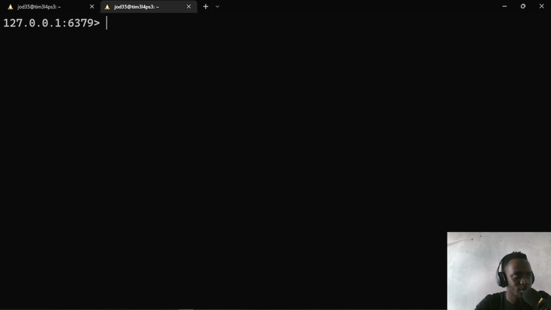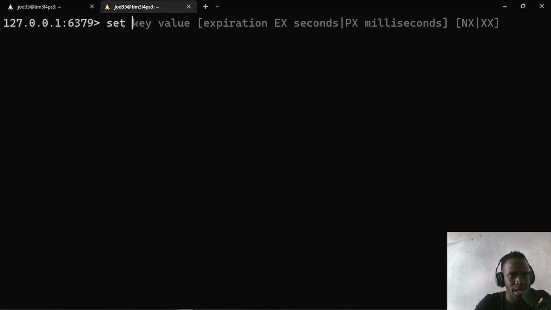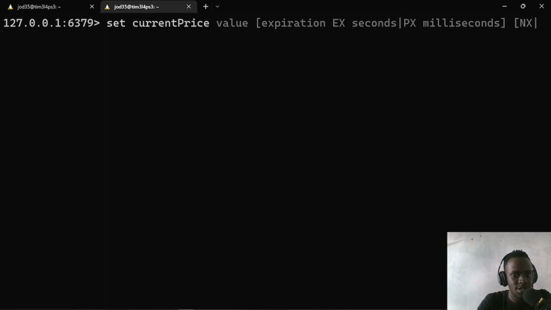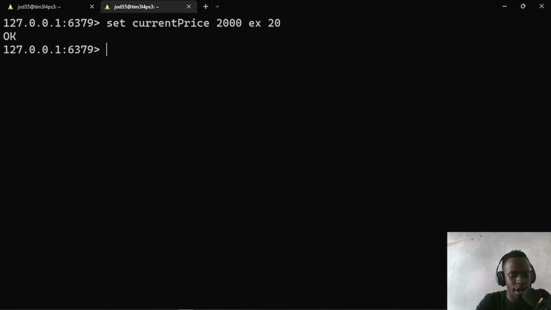Now, the way we do this is by using set. Let us try to set a certain value by specifying a key. So let's say the current price of something for a specific time is going to be, let's say, 2000, and then we can go ahead and set the expiry by providing ex and then specifying the seconds. So we're going to do that and provide 20 seconds. So when you say get current price, it's going to be 2000,